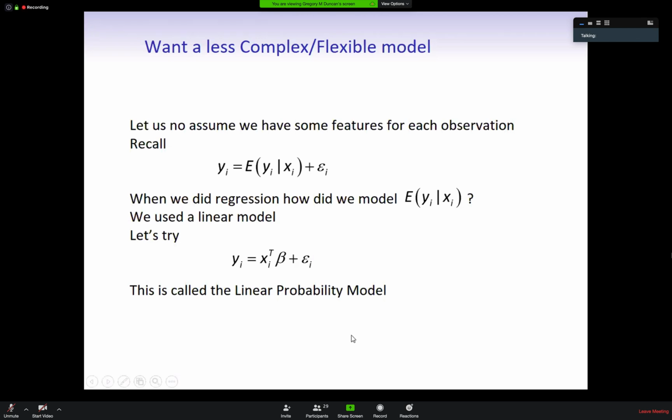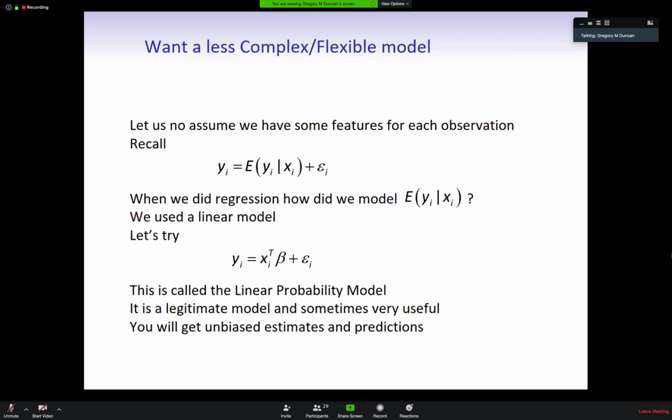This is a legitimate model, and it is sometimes very useful. It's very useful because you can do ordinary least squares. And it's a lot easier than what we're going to end up doing when we do maximum likelihood on the generalizations of these models. You will still get unbiased estimates and predictions. That's good. But,